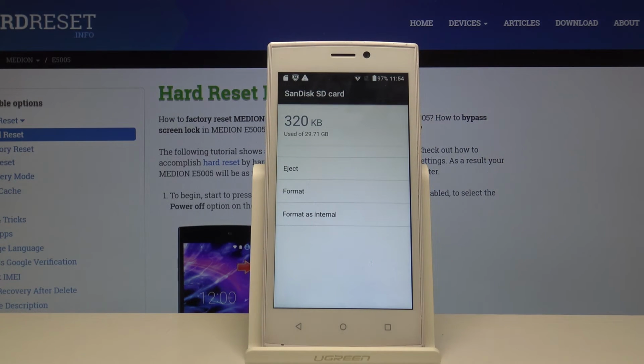So that is how you would format an SD card on this device, and if you found this video helpful,